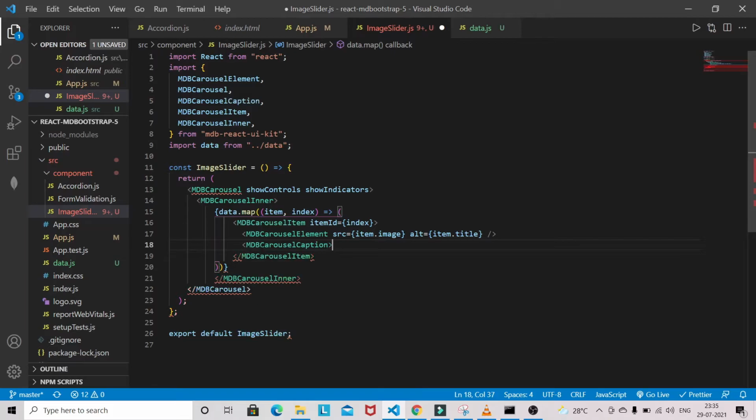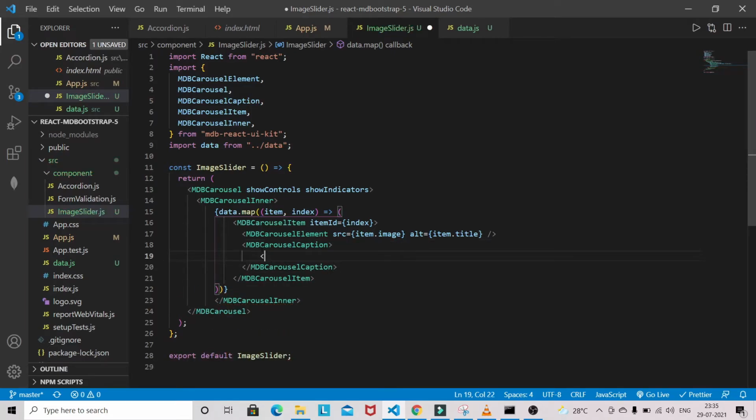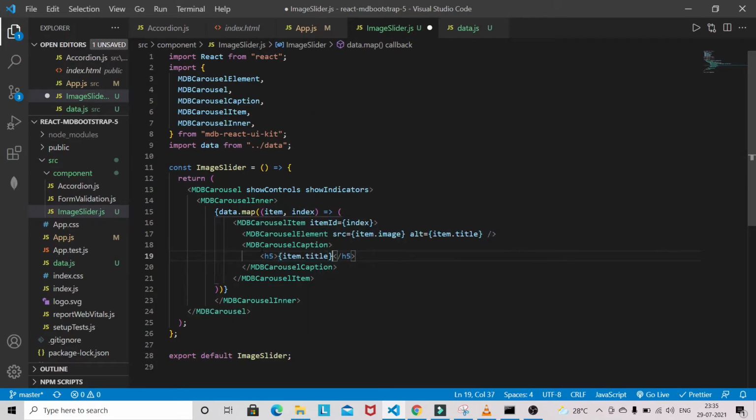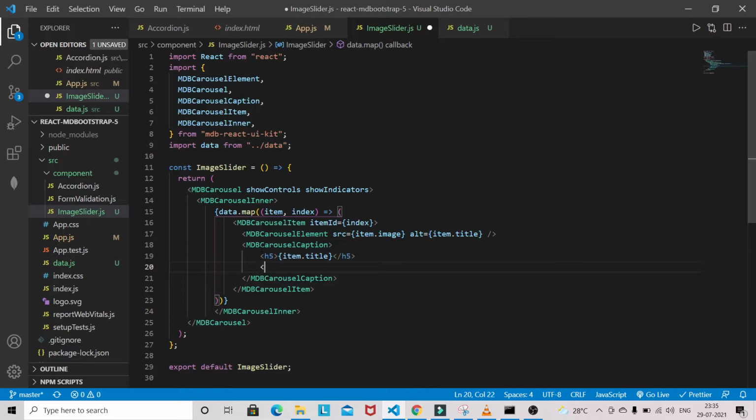This tag is needed, and inside that we can have an h5 tag with item dot title, and for the description we can use a p tag, item dot description.